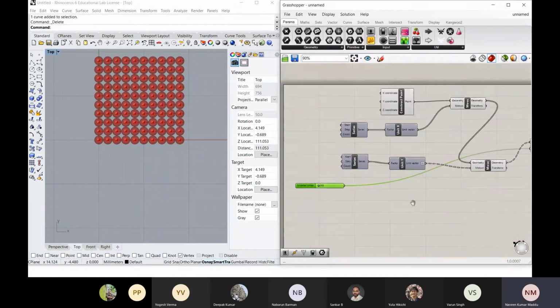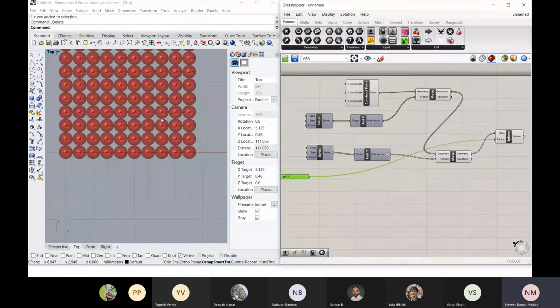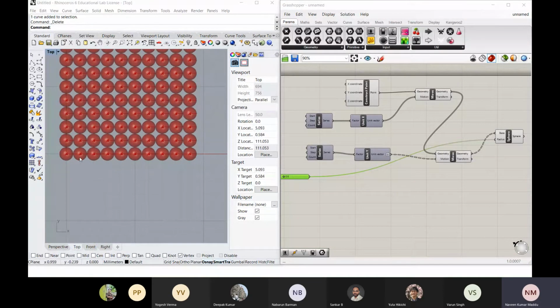Yeah, so this is how you can see. Now we have created a different number of spheres in x and y direction.